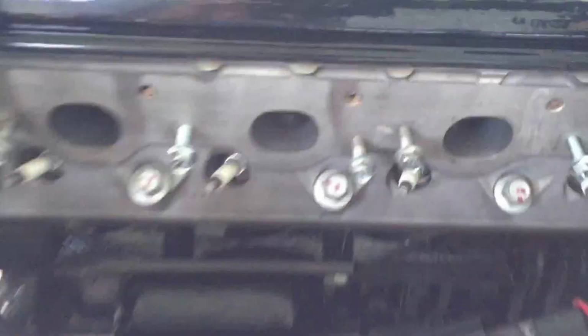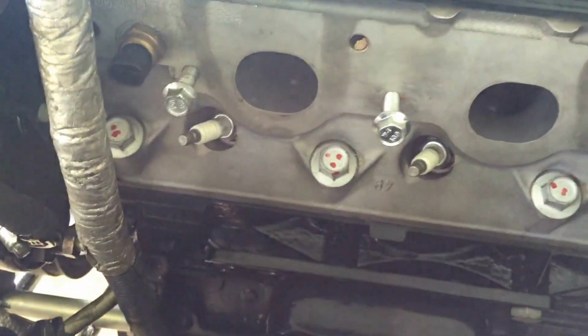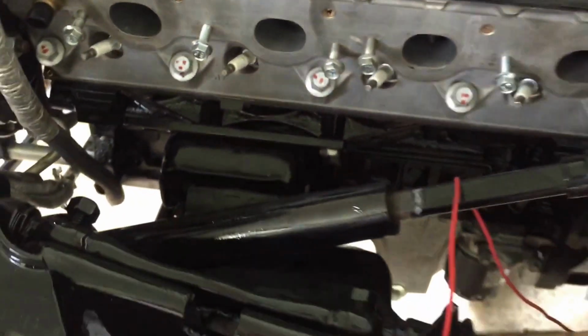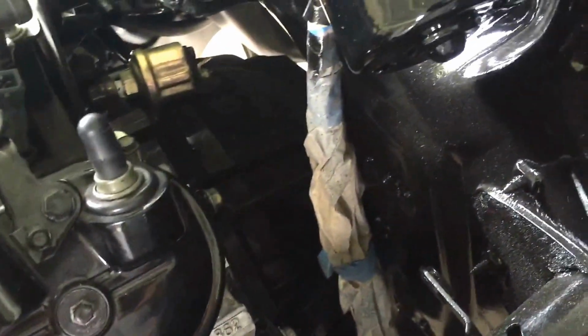Ported out the heads, ported and polished. Now I got the LS1 intake valves instead of the smaller version ones from the 5.3. Painted the transmission,